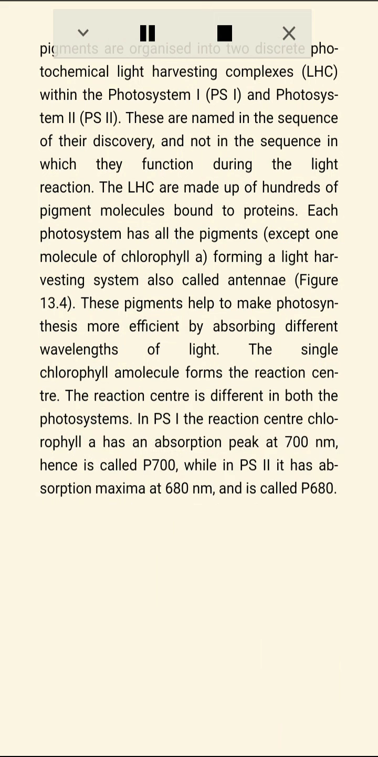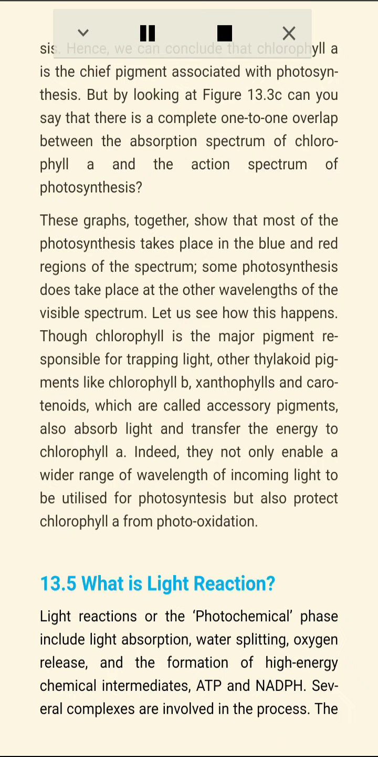In PSI, the reaction center chlorophyll has an absorption peak at 700 nanometers, hence is called P700, while in PSII it has absorption maxima at 680 nanometers and is called P680. Figure 13.4 The light harvesting complex. 13.6 The electron transport in photosystem II. The reaction center chlorophyll absorbs 680 nanometers